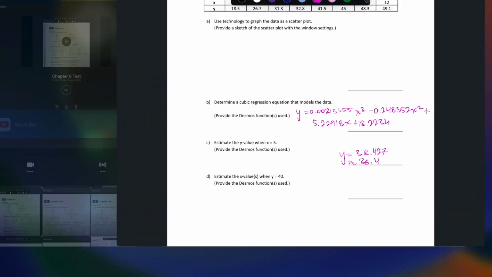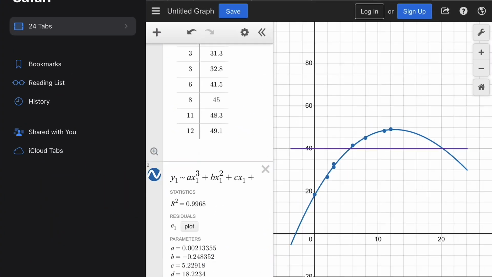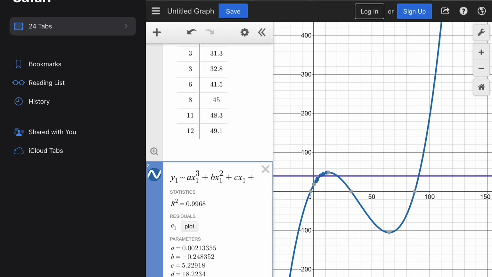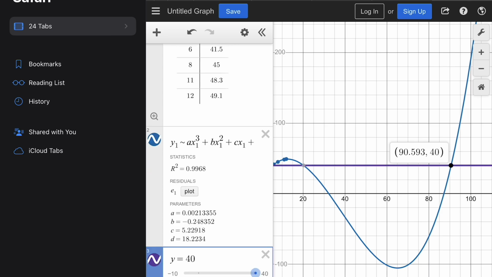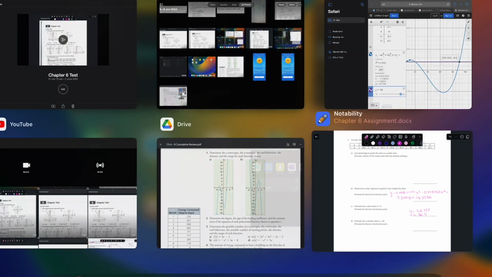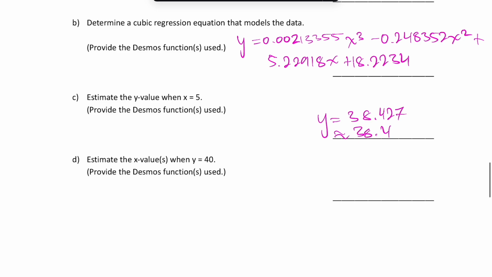Wait. Let's just zoom out just in case, because it is cubic. Oh, bang. Yeah, there is another one. Okay, so 90.593 is the third one. So x1 equals